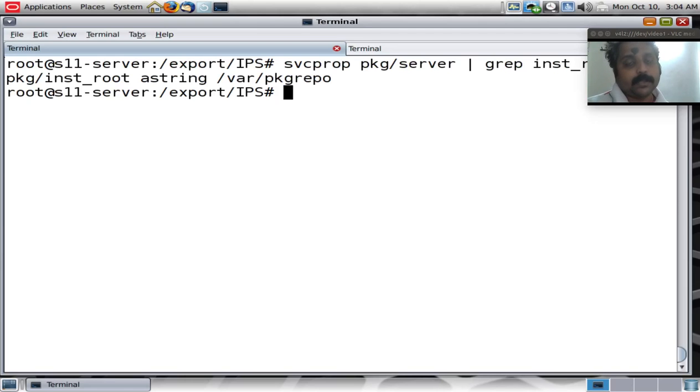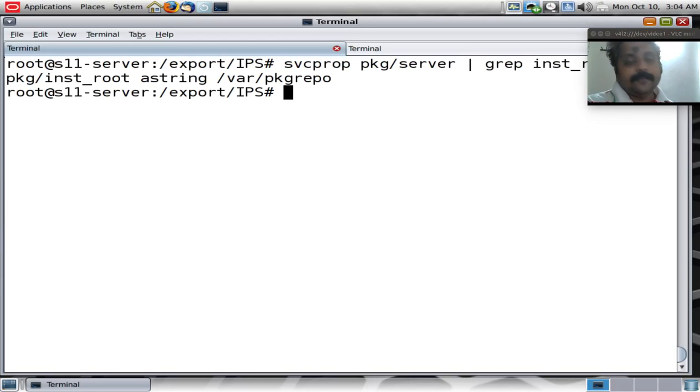So let's do this. Now we are expected to change the value of the inst_root to export IPS, and we do that by using a command called svccfg. You will remember svccfg is one of the commands we looked at in the service management facility episode, and when we did that, we used the command in an interactive mode. We used svccfg, and it helped us go into the database, and then we used commands like list and select to navigate through the repository to find out the properties of services that we were interested in.